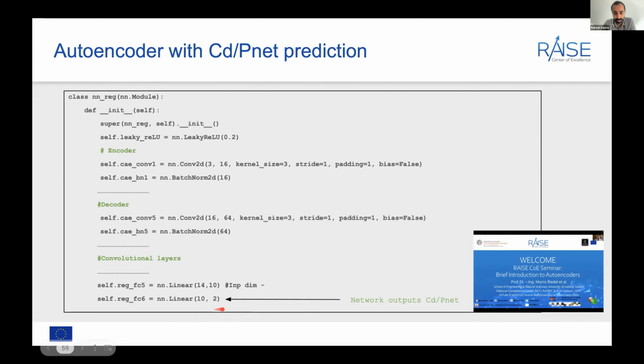So the network in the end outputs these two parameters. I won't go into the details here because that is not the purpose of this particular talk. But if you are interested in more details about the autoencoder itself, we already had a presentation last year, and this is available on the YouTube channel if you would like to see that.